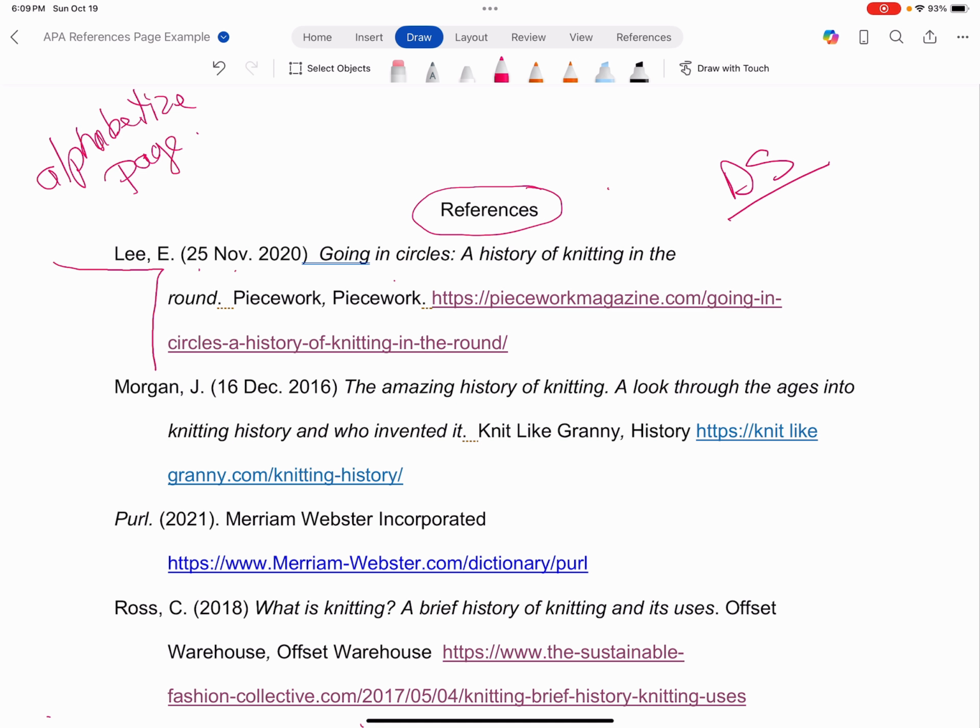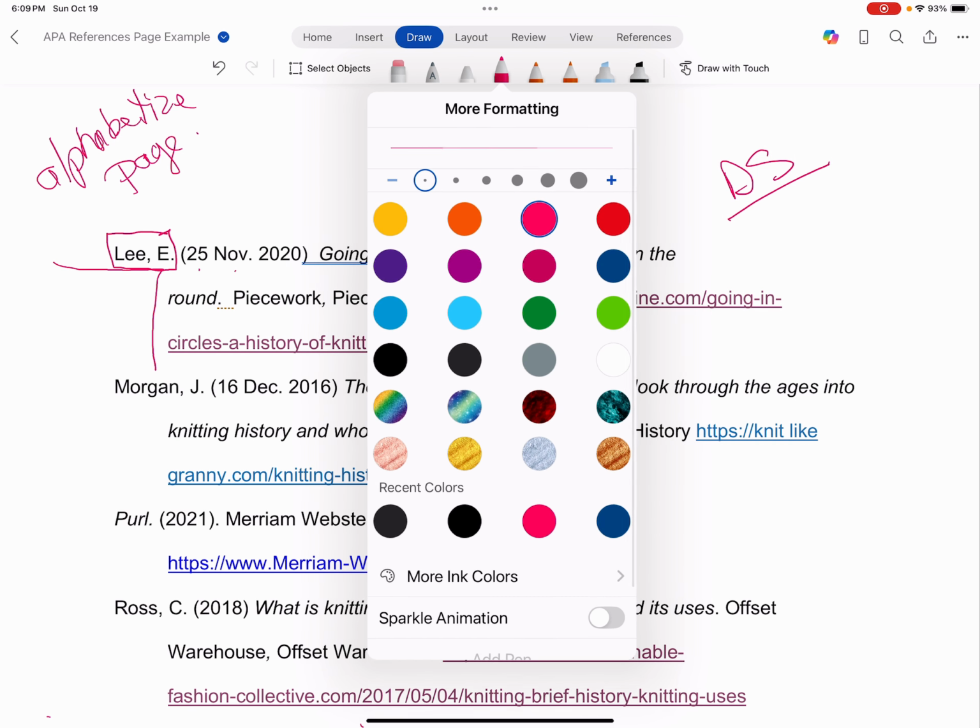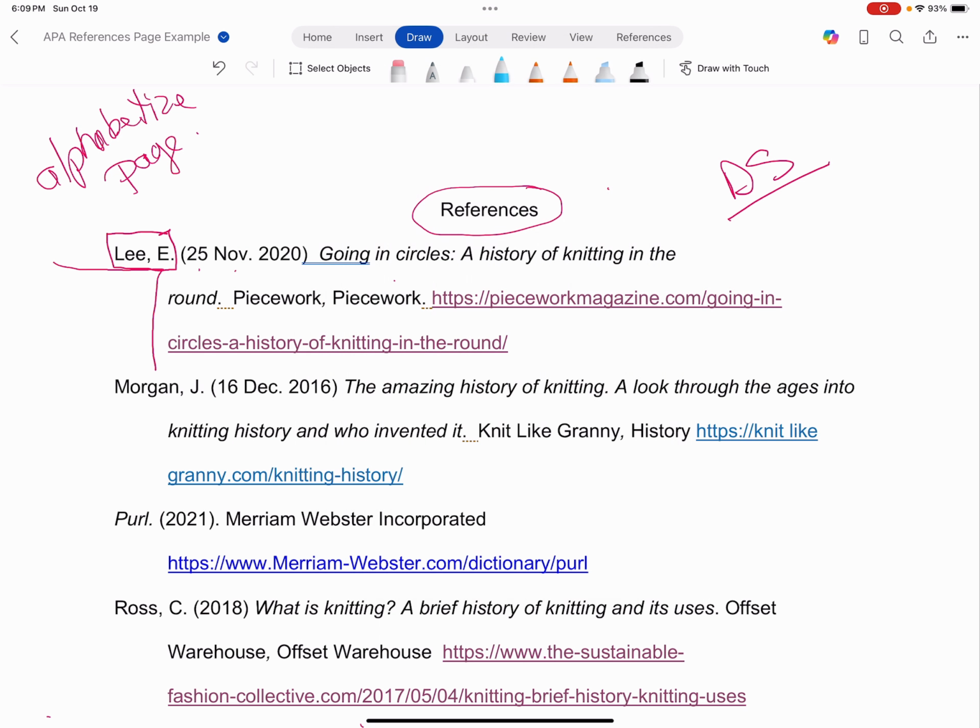The first piece of information that you look for in an APA is the author. Now, it's different in APA in that the author's name is last name, comma, first initial. You don't use first names in APA. You use the first initial for every author. After the author,